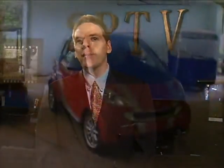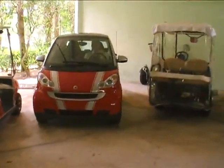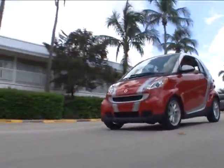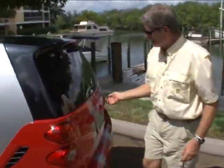On today's show, the story involves a bit of transportation serendipity. One day we happened to see a weird-looking golf cart parked in one of the garages here at Shell Point. Upon closer inspection, it actually turned out to be a full-sized car called a smart car. The owner, Lowell Schultz, was kind enough to give us a tour of the car, which has more power than